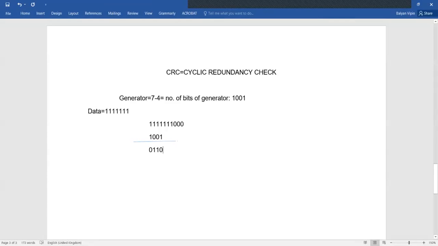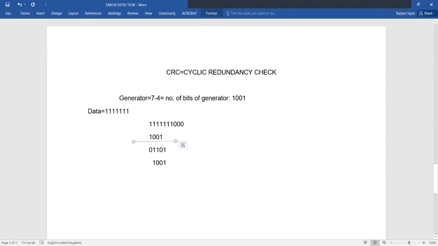Now when you divide further by this number, you start from the number after the 0. If there are zeros on the left-hand side, you ignore those zeros. So you borrow this one from here, so it comes down like we do in division. Then again it's 1001, and you start from here. You will not use this.